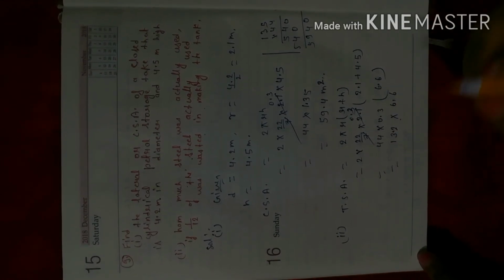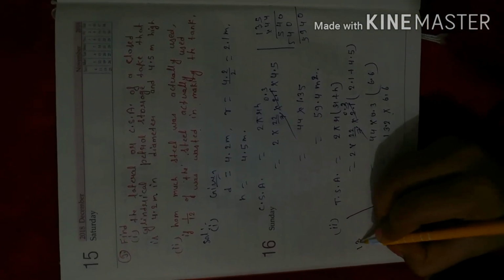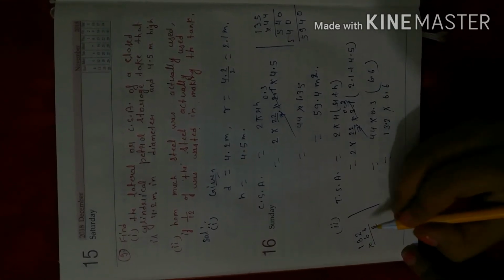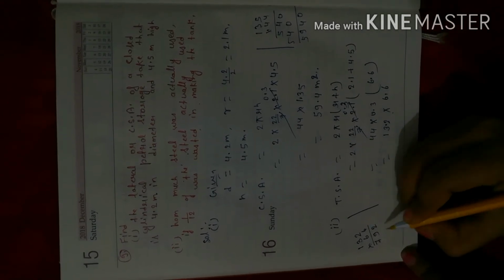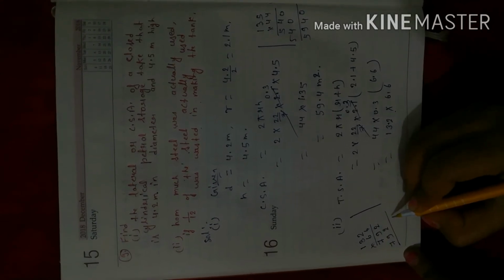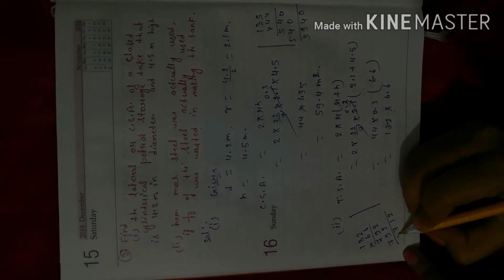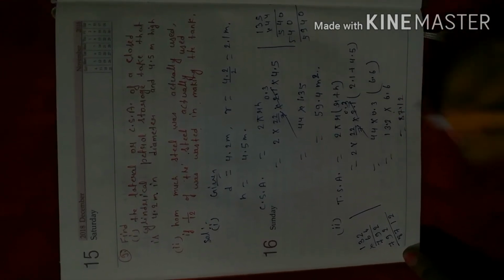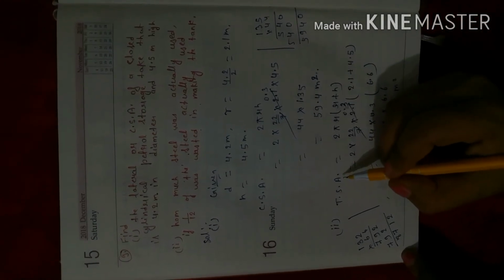Now we will multiply it. We can do the multiplication this side. 132 into 66. 6 times 2 is 12, 1 carry, 6 times 3 is 18, 1 is 19, 1 carry, 6 times 1 is 6 and 1 is 7. Adding the partial products, we find 8712, and after 2 digits we will put the decimal. This much meter square is the TSA of the tank.